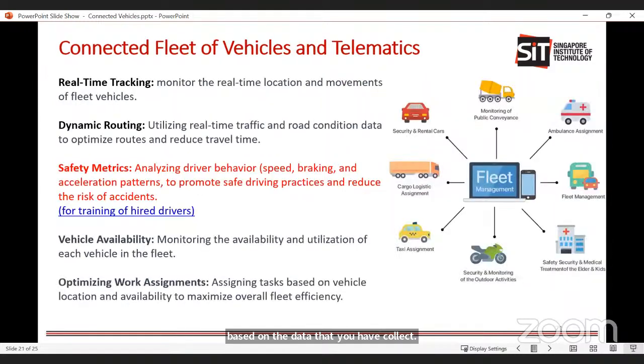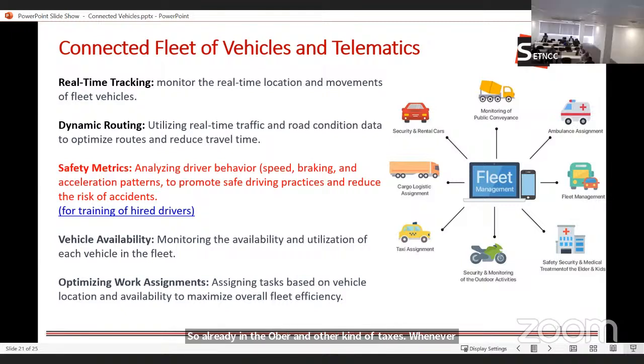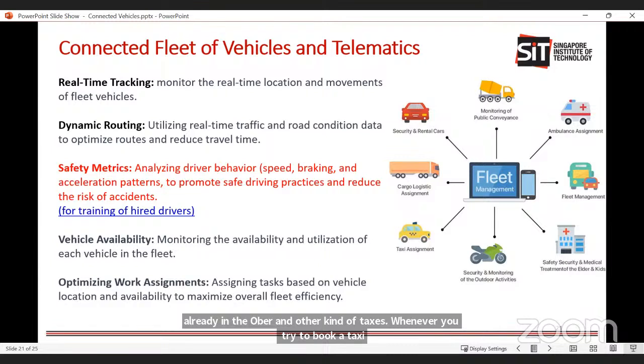Since you have the data, you have dynamic tracking of your vehicles, all the vehicles' locations. Already in Uber and other kinds of taxis, whenever you try to book a taxi, the taxi which is close by to you will come, and the taxi which has the